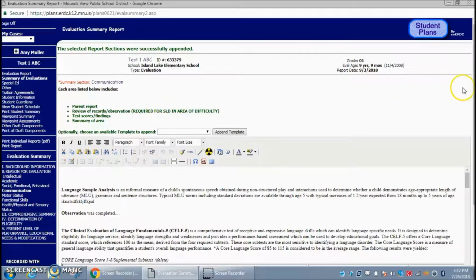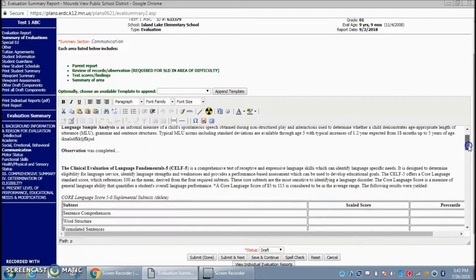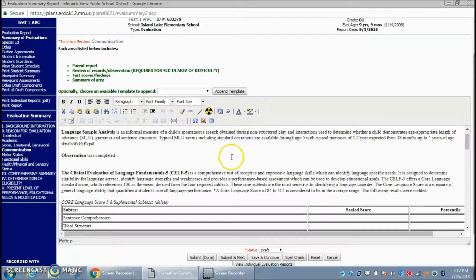And now, under the communication section in the actual eval report, in the summary of evaluations, all of those pieces pulled in. My language sample that I had added stuff to pulled in, and the templates for the other two areas that I hadn't completed individually also pulled in. So this brings up